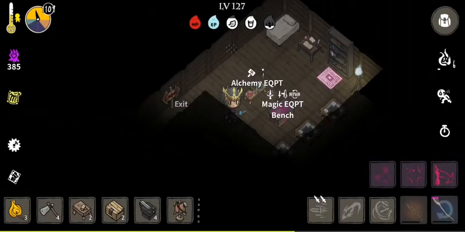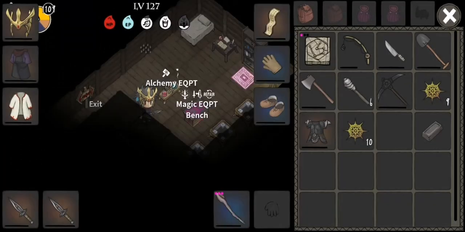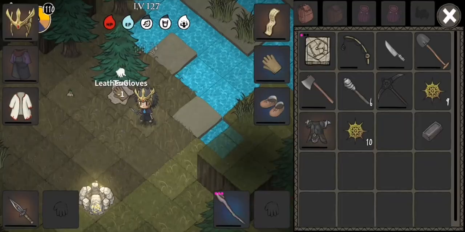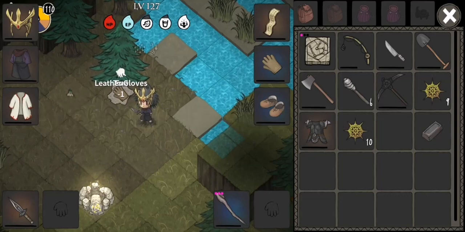Now, a few words of reminder. I suggest prioritizing your weapon. The weapon is what will get you through the game. If you have a +12 weapon, it will carry you throughout the entire game. Another important thing to remember is that your artifacts can actually be completely destroyed by standing